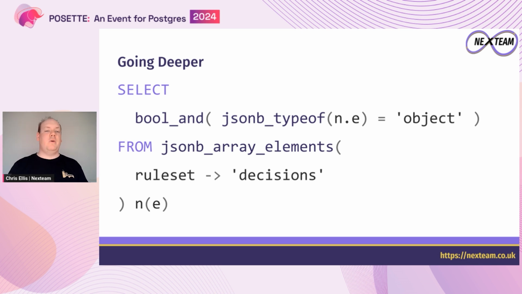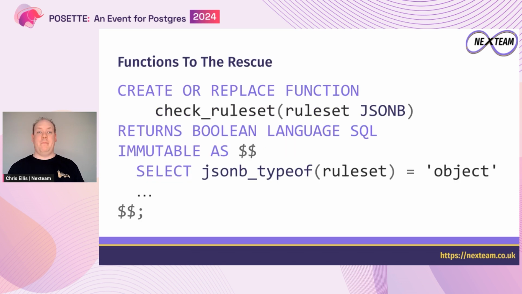So how can we plug this back into our check constraint? Well, if you remember earlier, I said check constraints are a bit constrained about what they can execute. We can't actually plug this in as a subquery of our check constraint. But this is where Postgres comes to our advantage again. We can define functions, and we can define them in just SQL as well. We don't actually need to use, say, a procedural language here. So we can just define a function which is going to check our data type, and it's going to return a Boolean that's valid or not.